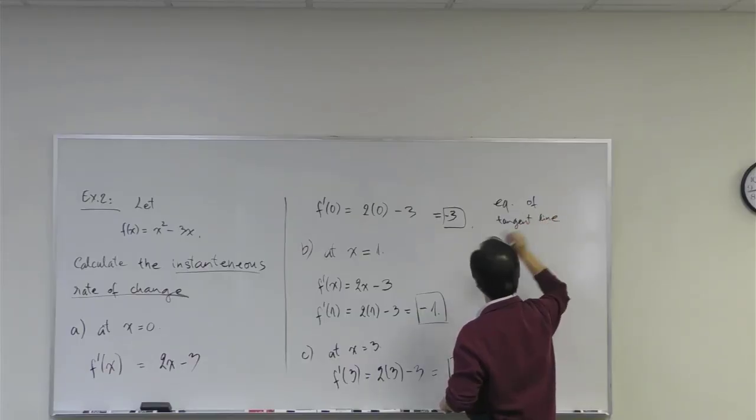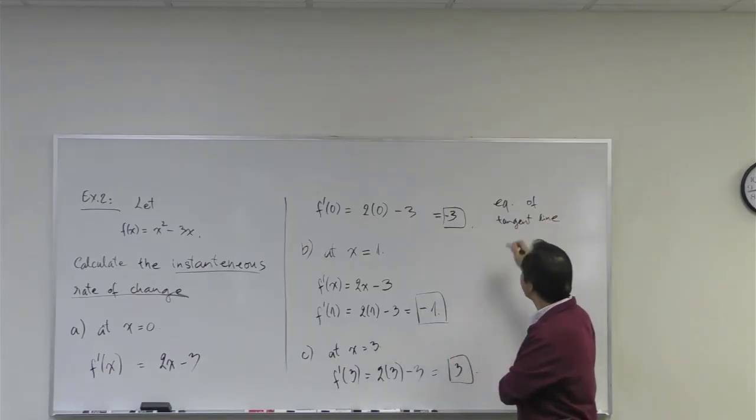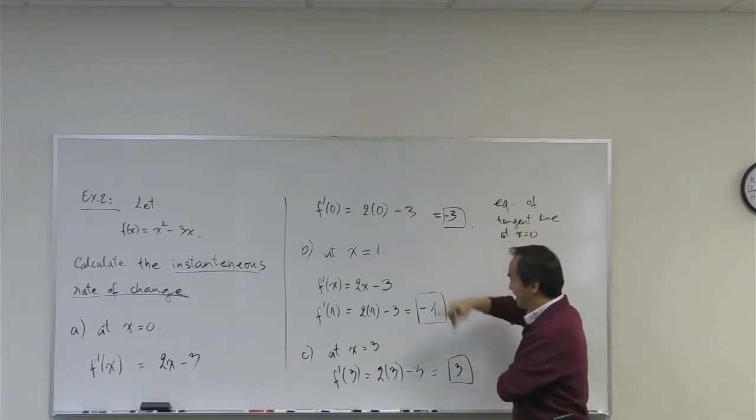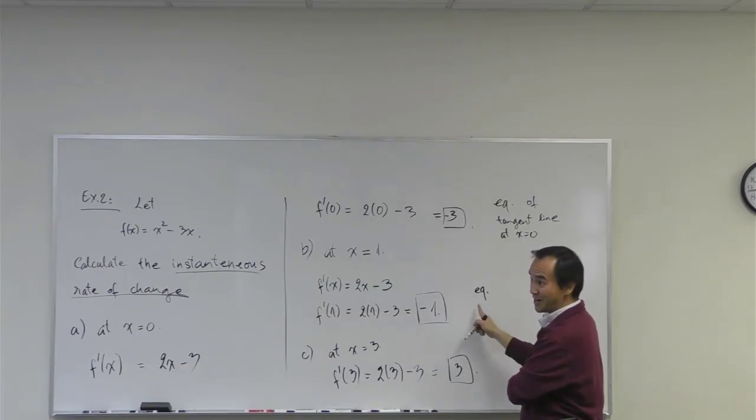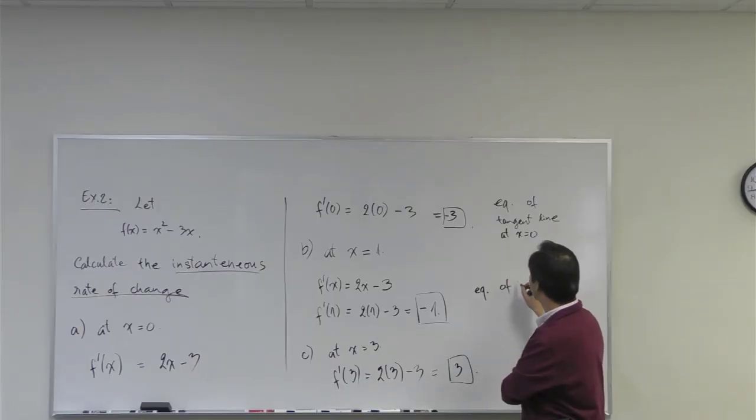I can leave that for you to do independently, at x equals 0 for part A. And then for part B, once you're done with the slope, I also need you to obtain independently, sort of like for your triangle, the equation of the tangent line